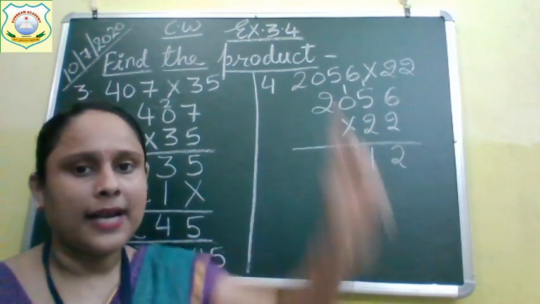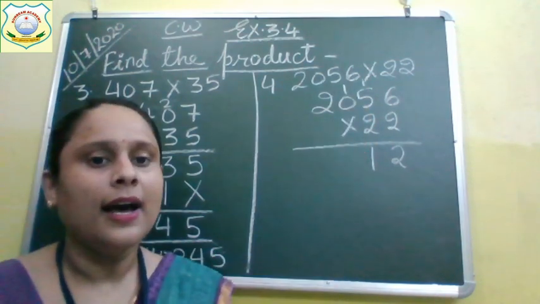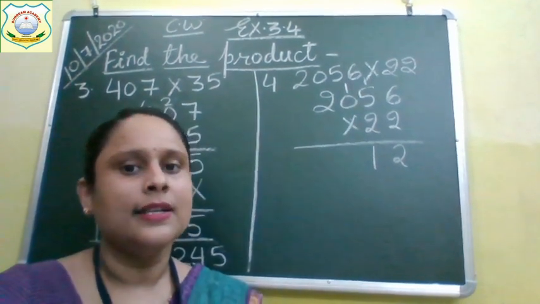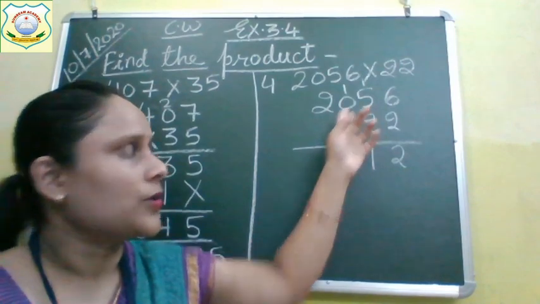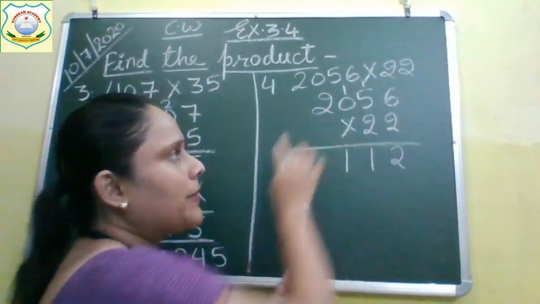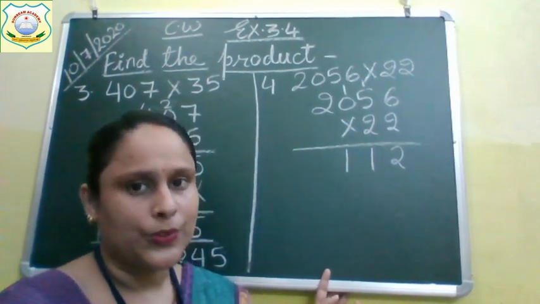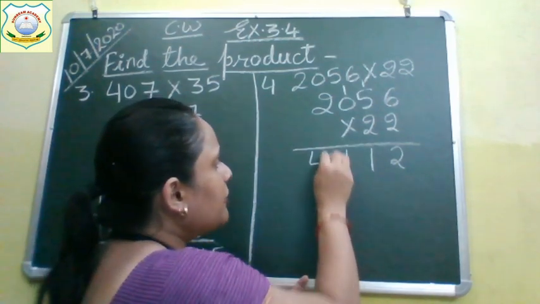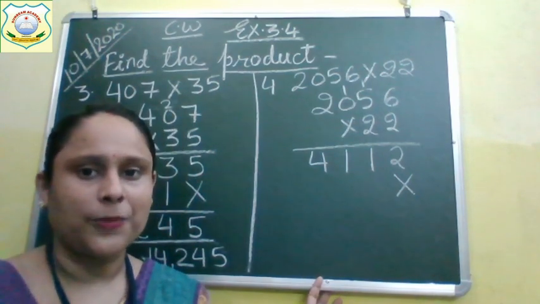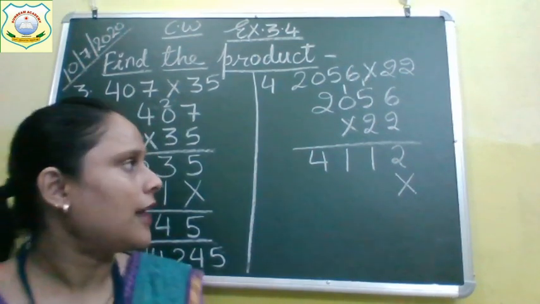2 multiplied by 0, because now we multiply 2 by the number written in the hundreds place. Which number is written there? 0. So 2 zeros are 0, and bring 1 down. Now 2 will be multiplied by the number in the thousands place. 2 twos are 4, so write down 4. Now children, put a cross, because the work of this 2 is over. Now we will take this other 2.